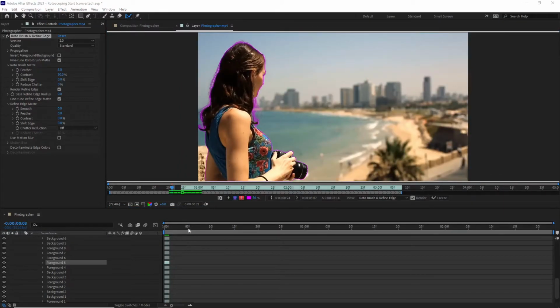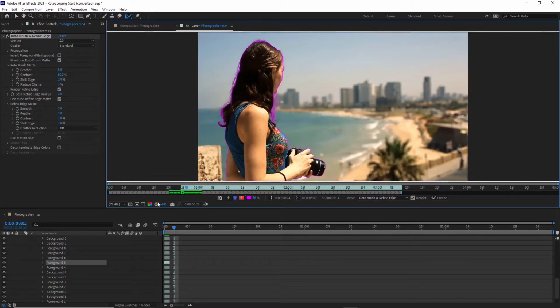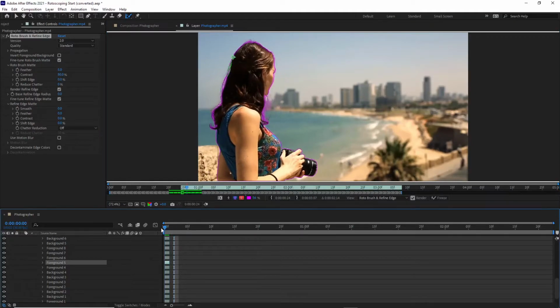Okay, now the next stage is that you'll see that the computer will start to what's called propagate the strokes. So we've got all these strokes that we've made to make this selection. The computer now has to follow these strokes frame by frame and adjust them as our subject moves frame by frame across the scene. Okay, so the strokes that we've made are following the